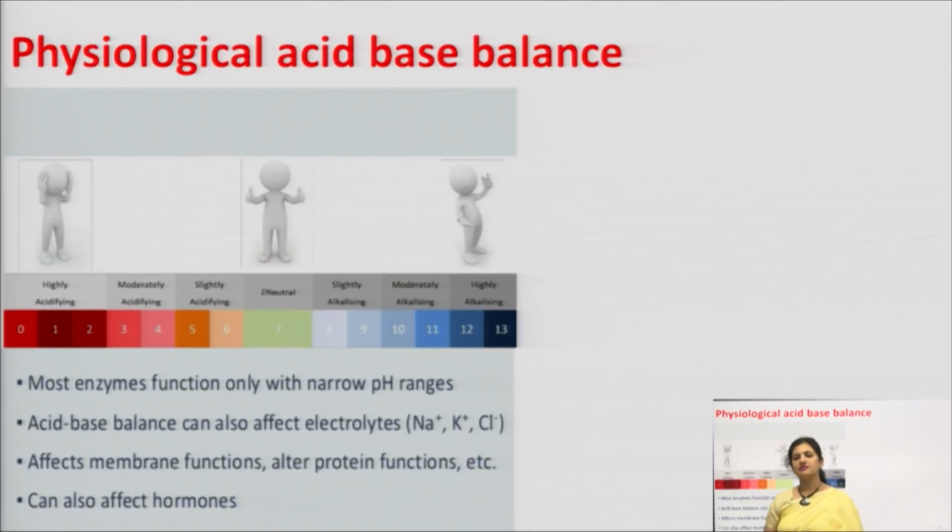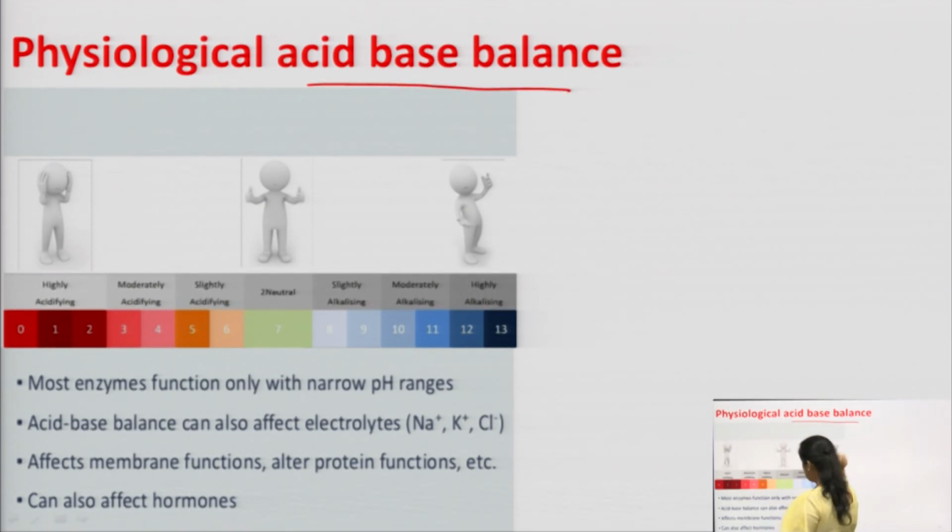This is a diagrammatic view which shows the physiological acid-base balance. It is simply a repetition of what we did earlier, that acid-base balance has to be maintained in the body, and that is why we use buffer to maintain the pH. We also use isotonic buffered solution to maintain the tonicity of the physiological fluids. See, have a look here. Now, why does this acid-base balance need to be maintained?